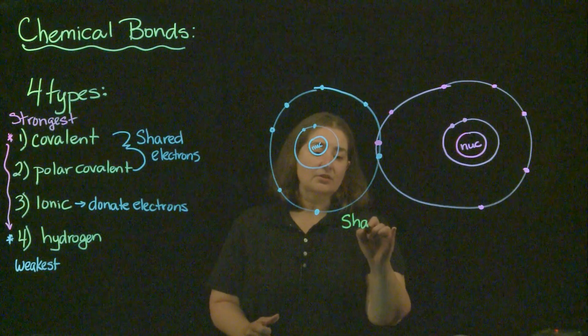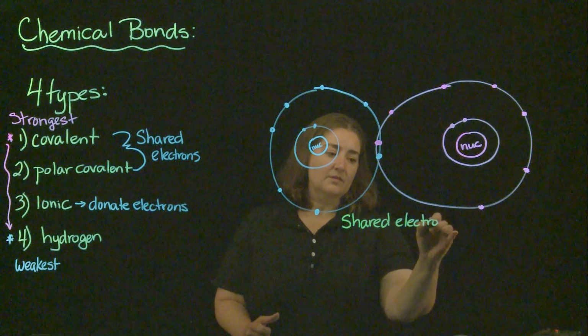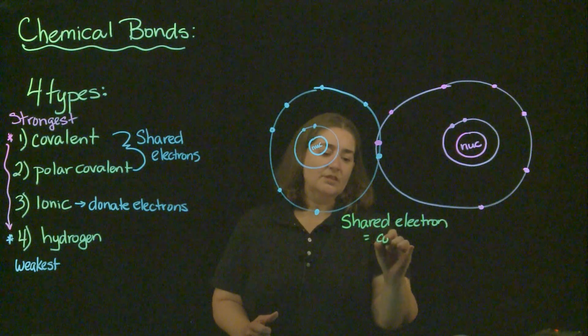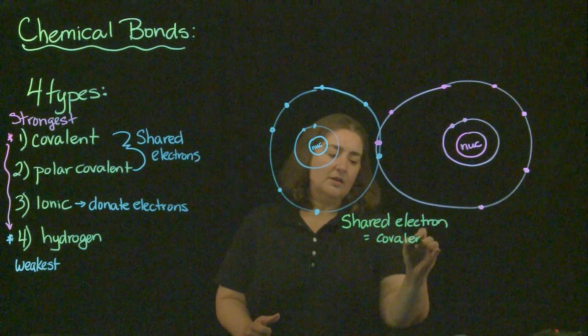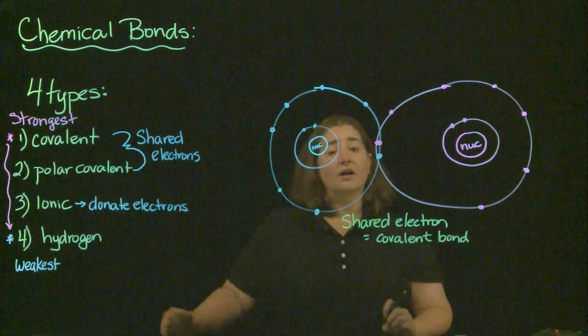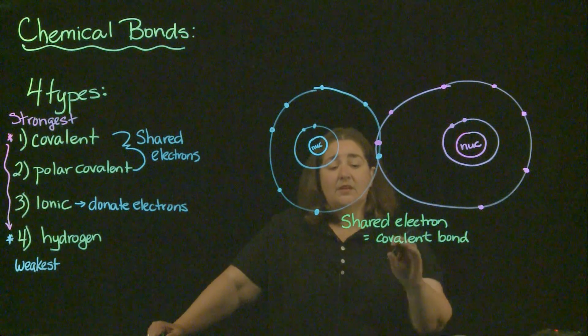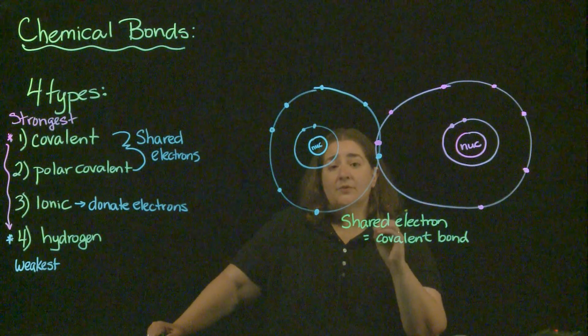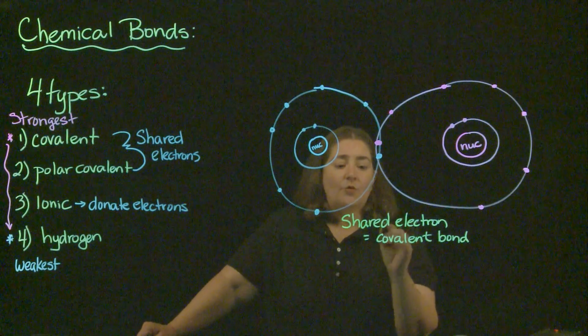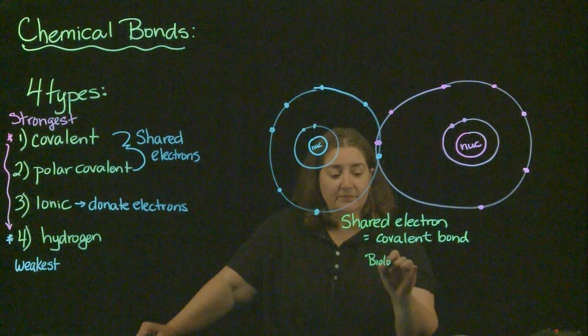So the shared electron is what's going to give us a covalent bond, okay? And these are not going to want to easily let go, all right? So this would be an example of a covalent bond where we're going to have some covalent bonds in biology